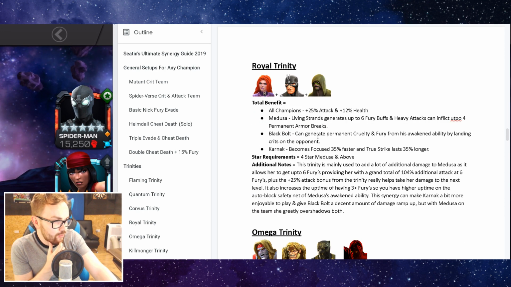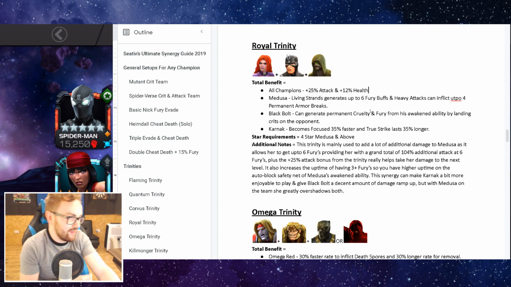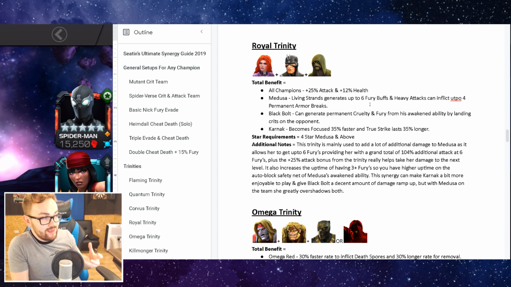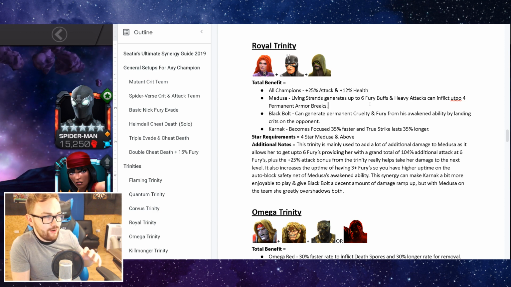And then we have the Royal Trinity of Medusa, Black Bolt, and also Karnak. So all champions gain plus 25% attack and 12% health as a passive at the start of the fight. Medusa, Living Strands, her Fury buffs can go up to 6, and heavy attacks can inflict up to 4 permanent armor breaks. This is mainly having the benefit of the 6 Fury, gives her a lot more bonus